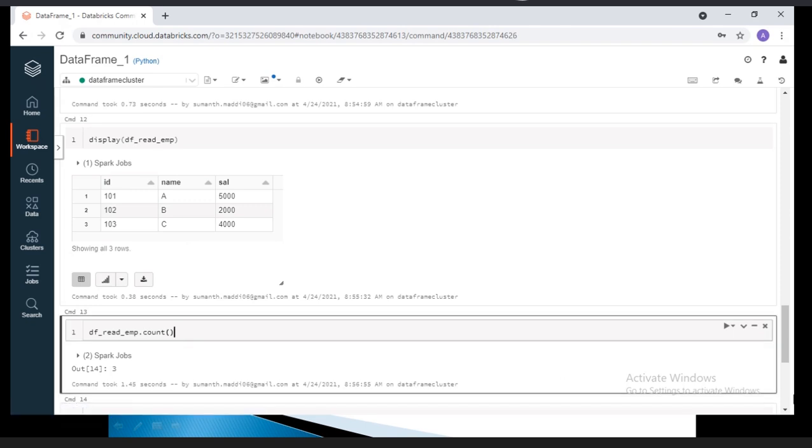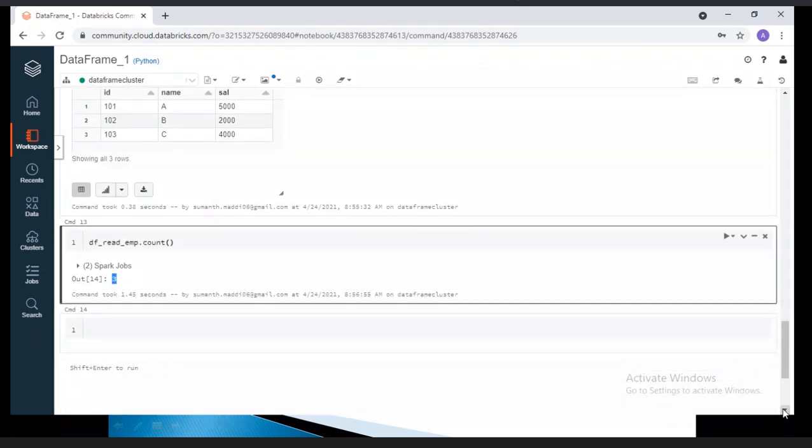The count yes will be included, because that output is an integer. Maybe you will include it in your main code. Maybe you want to add this information into your log table, and at that time this count will help out. Clear, right? The data frame dot count counts the number of rows from your data frame.